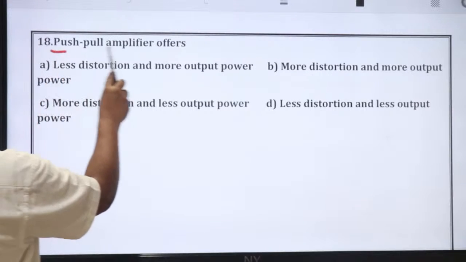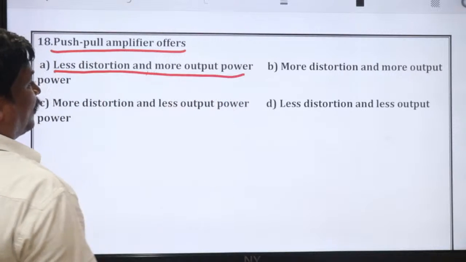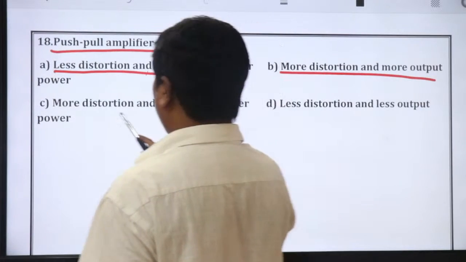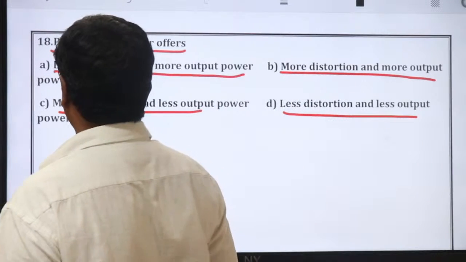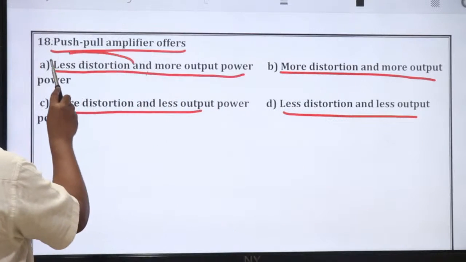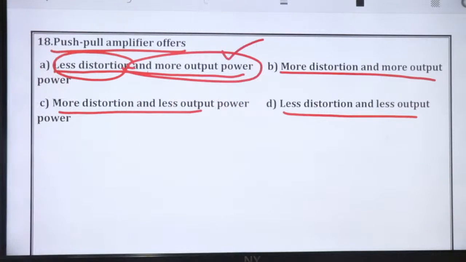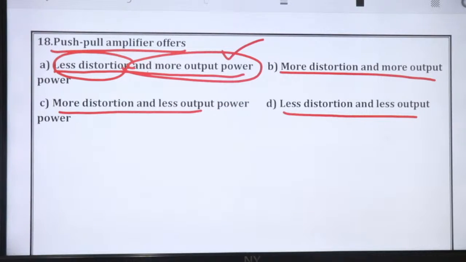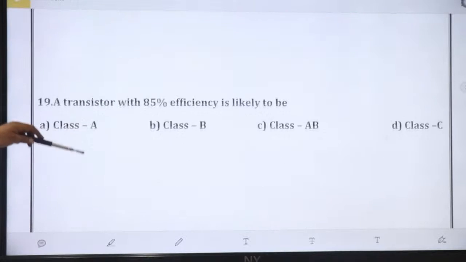push-pull amplifier offers less distortion and more output power, more distortion and more output power, more distortion, less output power, less distortion. Push-pull amplifier, less distortion and more output power. This will be the answer. Okay? Right? Next,